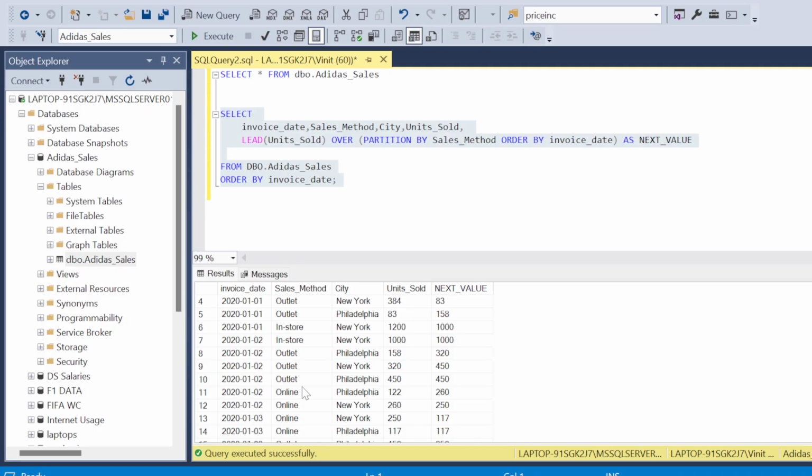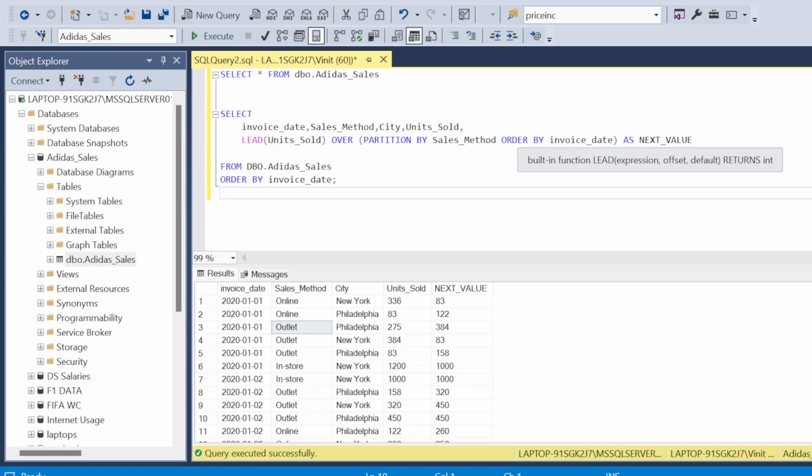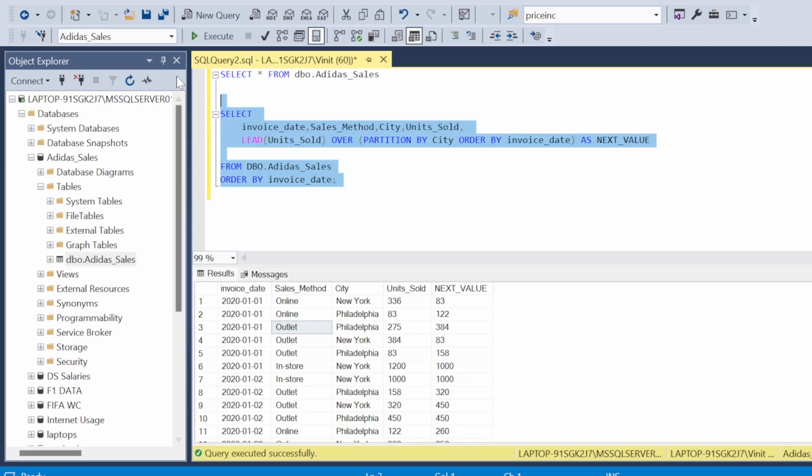What's the next value? Do we have a next value? Yeah, we have. So this is 384. So this 384 should come over here instead. Instead it is going by the date and by this. So to change this, you need to mention it inside the partition method. So if you write this just by city instead of the sales method,